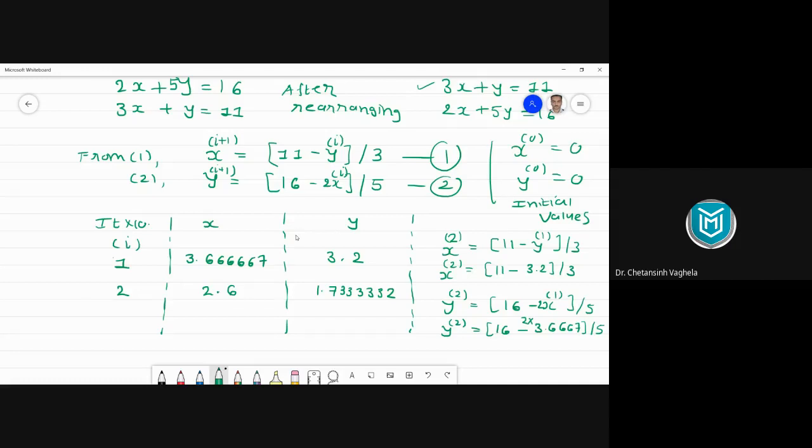So I think after first and second iteration, now the process is clear to everyone, right? So equations are there on your screen, right? What you need to do, you need to put previous value in the equation, and using that you need to get the new values. So now if the process is clear to everyone, then can anyone tell me what are the new values in third iteration? Now what you need to do, put that y2 here. y2 use karo and you will get x3. x2 use karo and you will get y3. So using equation 1 and 2, please tell me what are the values of x3 and y3.